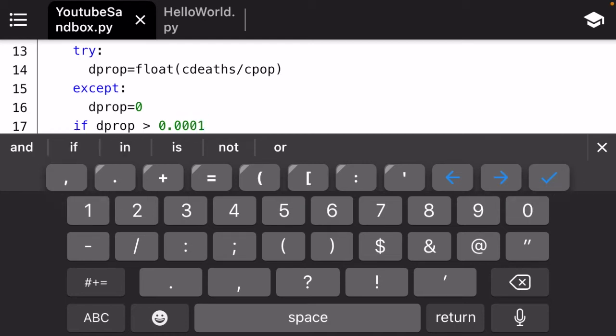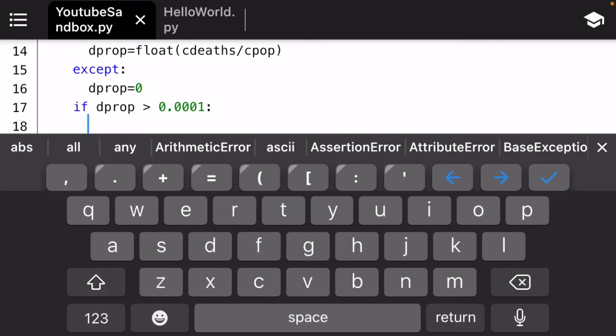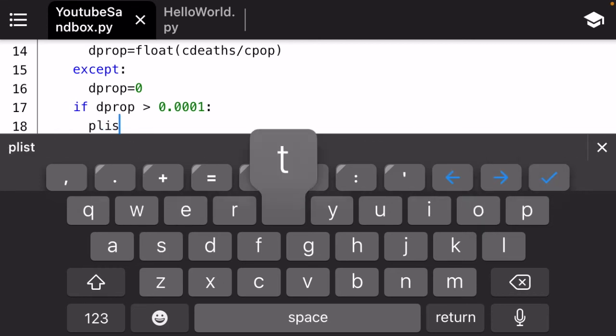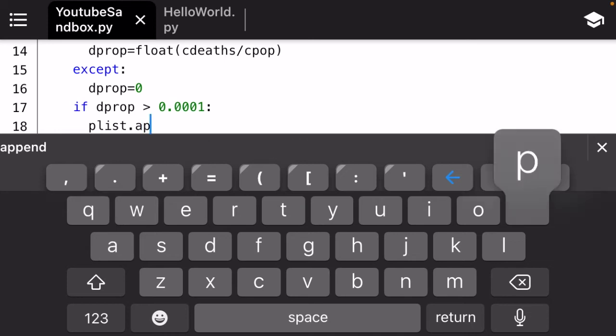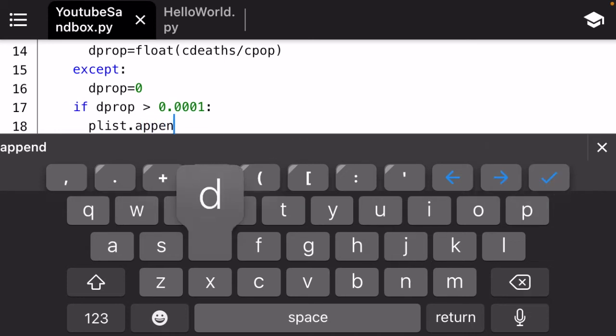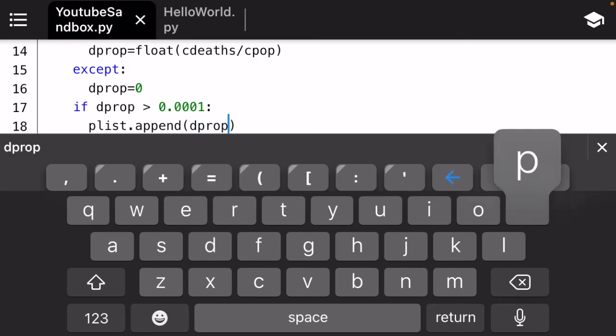0.0001. So we want at least 1 out of 10,000 dead, or otherwise they're not going to show up on our list. And if that's the case, then we want to add this thing to our proportion list. So what we do is we are going to say plist.append